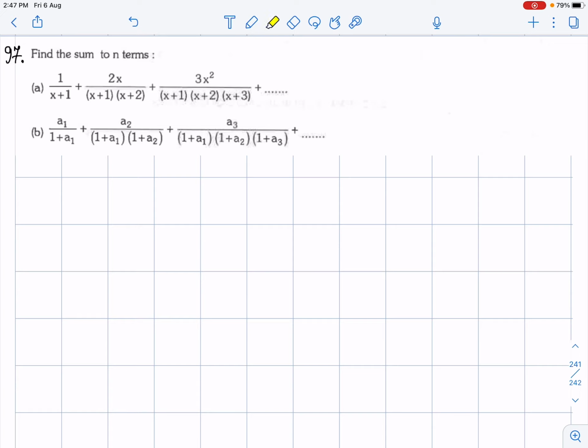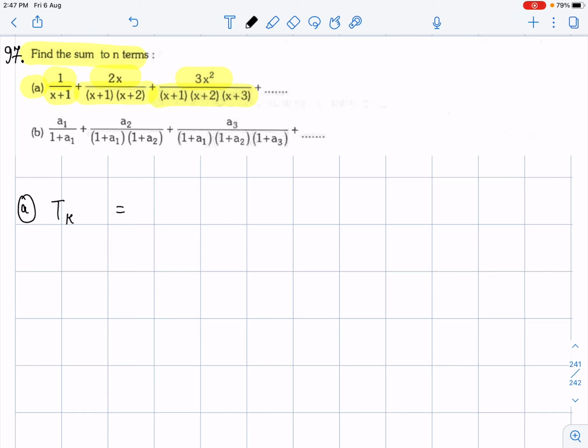Here I came up with the 97th question written on the screen. Find the sum of n terms. Part A of the question is 1 upon x plus 1, plus 2x upon (x plus 1) into (x plus 2), plus 3x square upon (x plus 1) into (x plus 2) into (x plus 3), and so on up to nth term. So the kth general term can be written by us for the first series